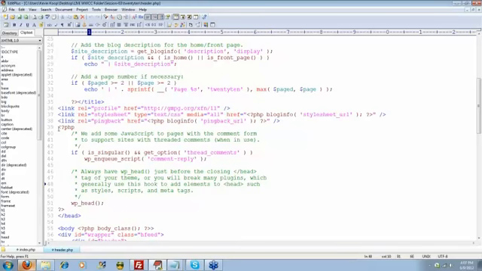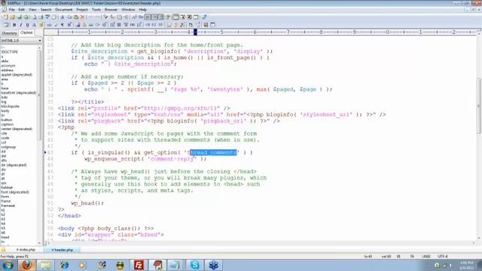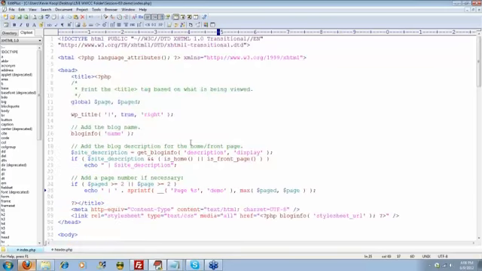This bit of PHP, I can tell you from experience, this part works just fine. This will add threaded comments to our theme, and it'll help us output the head. So that part's fine. We can do that without any problem. So I'm going to grab basically everything from line 36 to 52, and I'm going to paste it